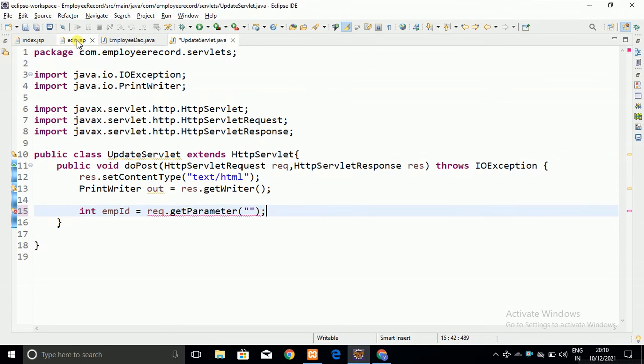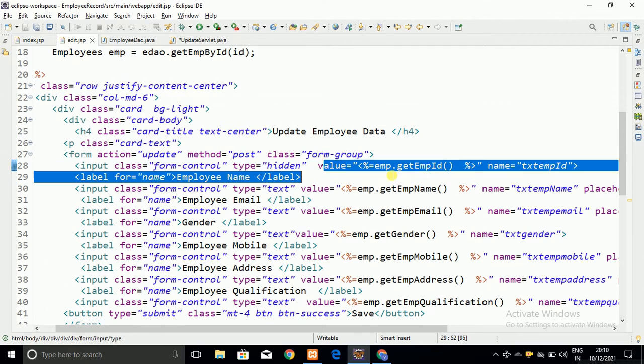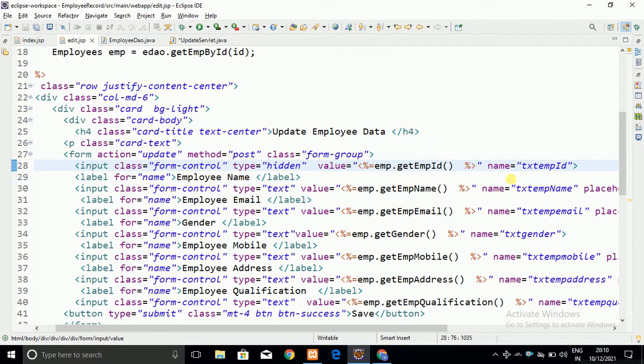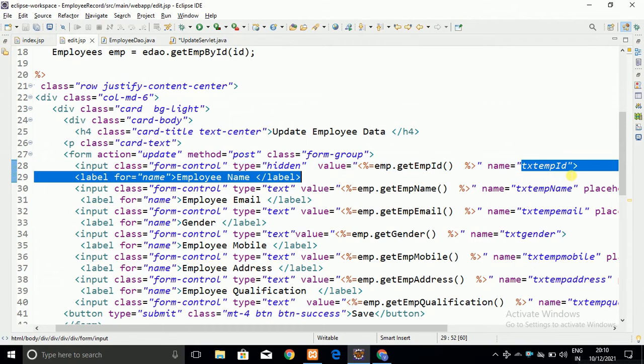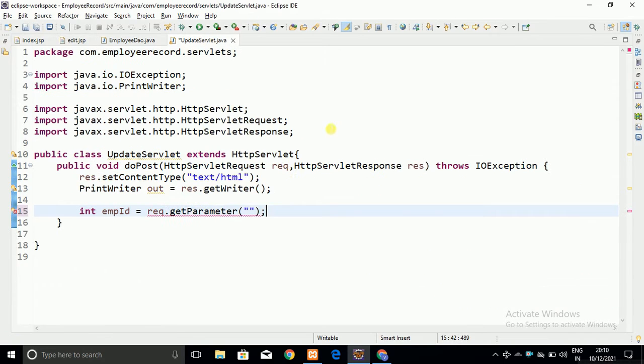The field which we hid, the name of that field I have written is txtId, and the value I got from the database, as you can see. I have to accept that here in the update servlet. By default it is a string, so I am going to convert it into an integer, that is Integer.parseInt.